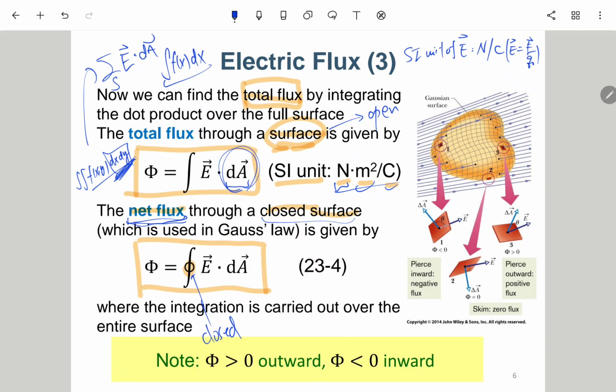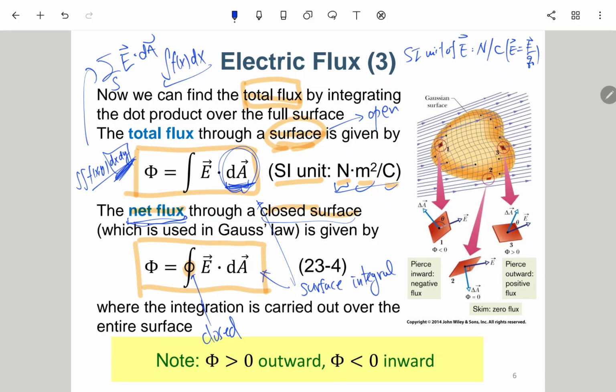But for this one, you're integrating dA over a closed surface or an open surface. It can be curved, so it is not necessarily on a plane. So the case is a little bit more complicated here. But keep in mind that this is actually called a surface integral. For both of them, we can call it a surface integral. 就是叫做面积分。